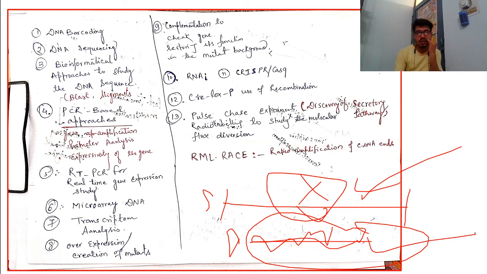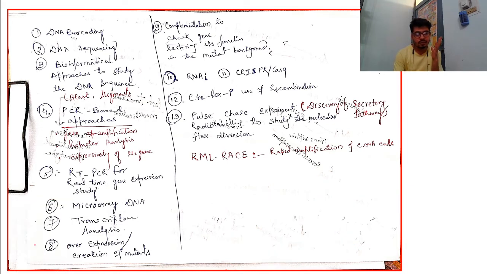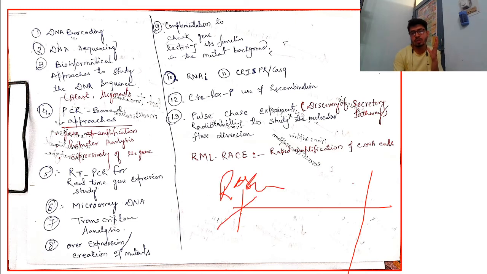So from PCR, how many things can you do? First, you can do digestion. Digestion is really very important. digestion के लिए आपको क्या यूज होता है? Restriction enzyme. So restriction digestion, mapping and restriction mapping is again a DNA based technique. How restriction mapping works is again a topic of discussion.